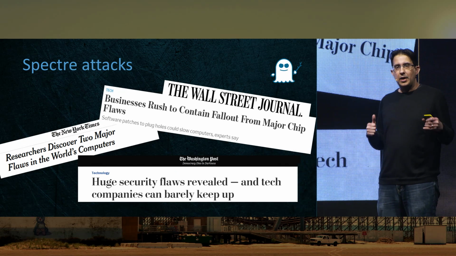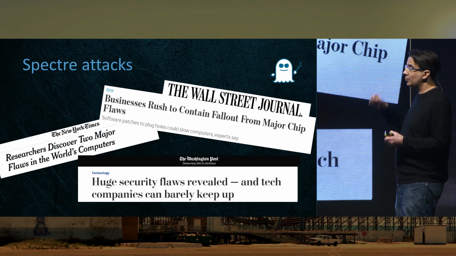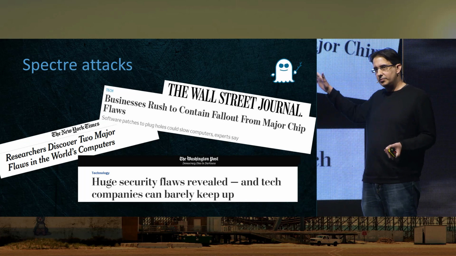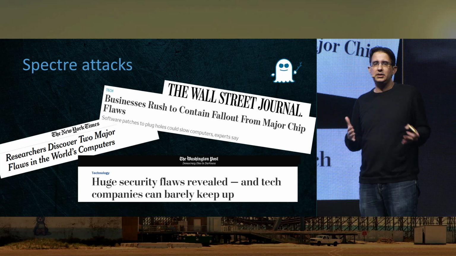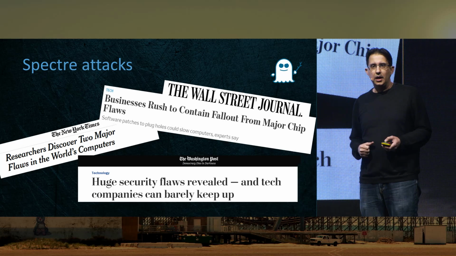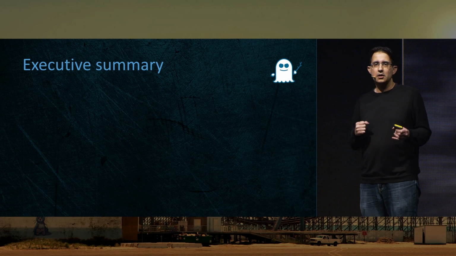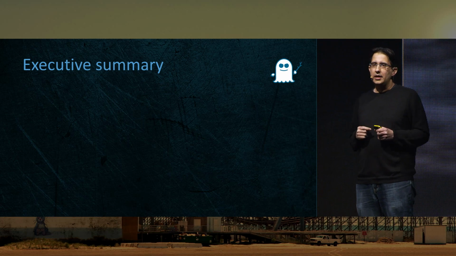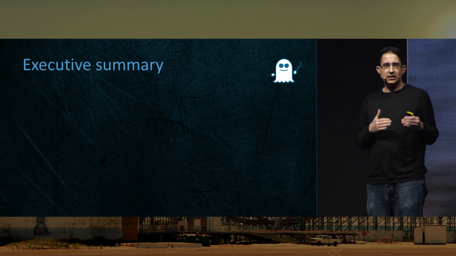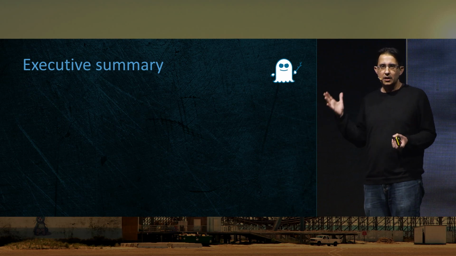So this talk is going to be about speculative execution attacks, which are also called Spectre attacks, and they have this cute logo. And you may remember them a few years ago. There were a lot of headlines in the newspapers about bugs in CPUs, particularly Intel's. So these are these attacks, and these are these bugs. And what we're going to do, I'm going to talk about a specific type of speculative execution attack called Spectre variant 1. And this is a really interesting attack because the CPU vendors said that they are not going to fix it in hardware. What they want to do is for software developers to deploy software mitigations to block these